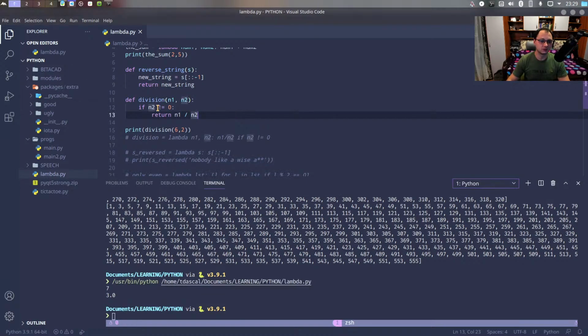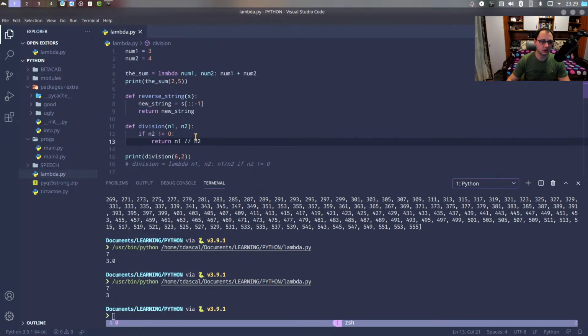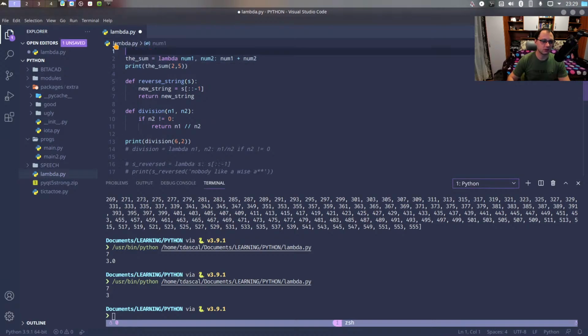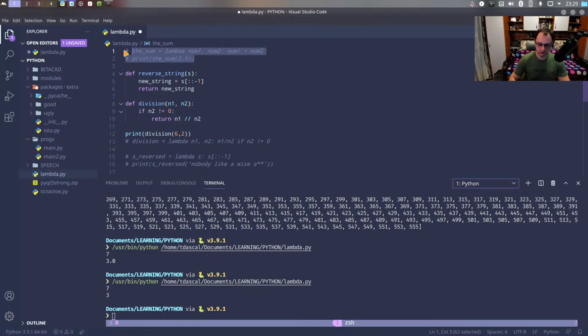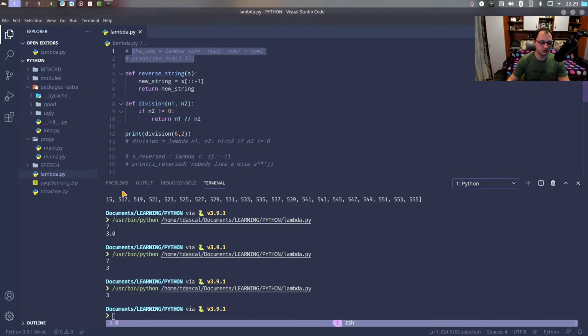Division of 6 and 2 is equal to 3. Whenever Python does a division, it will transform the result into a float. If we want to have only the integer, we can do an integer division like that, so double slashes. And if we print that, okay, so these ones I don't need, and this one we can comment out, just so we don't have a bunch of output that we don't really care about. And there, as you can see, we have